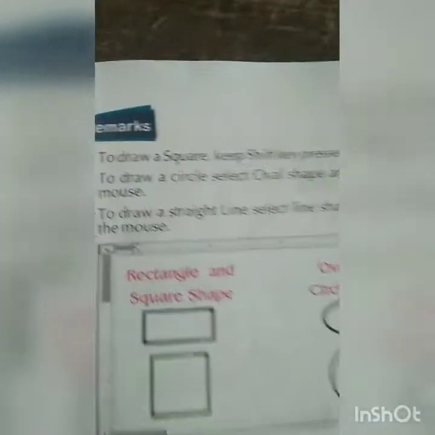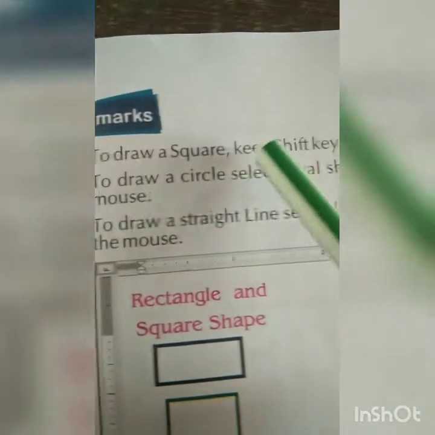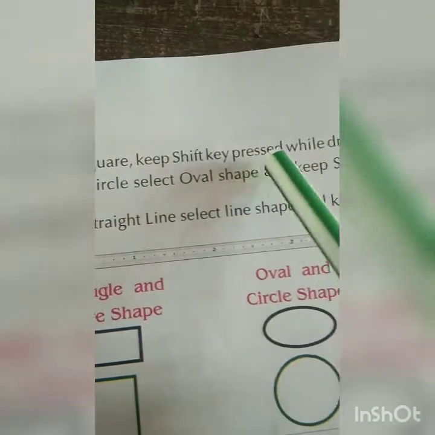The first point: to draw a square, keep the shift key pressed while dragging the mouse.